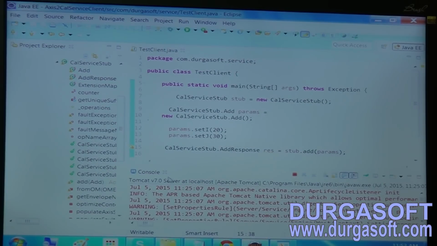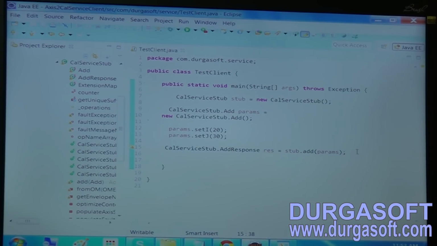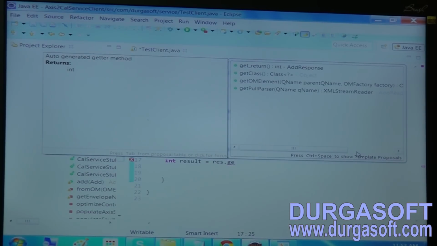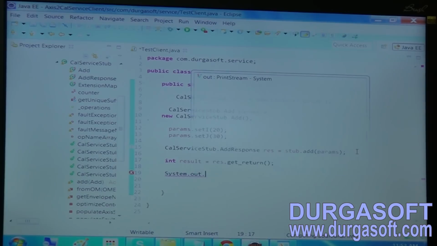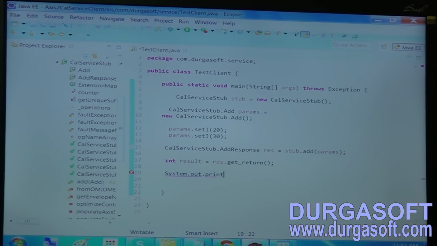So now in this response you have your return value. We know the return value is int. result equal to res dot, we need to invoke one method called getReturn. You will get that return value. Now you need to print System.out.println, add result. I want to add this result here.